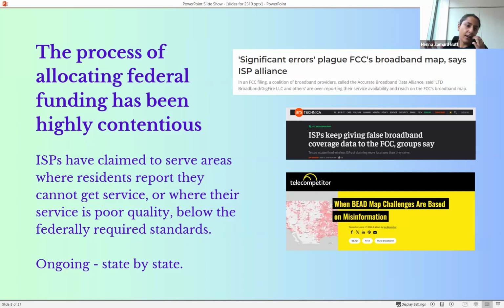So the environment into which we're deploying the funding is complicated. To establish where infrastructure needs to develop, the Federal Communications Commission has initially started by developing a map. The map has been populated initially with information from internet service providers about where they believe they provide service. This has been highly contentious because there have been many instances, and I've gone through this in my own field work, where they claim to be providing service, but customers and residents report that they can't get service, or that the service they receive is incredibly poor in terms of